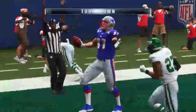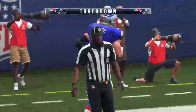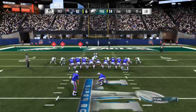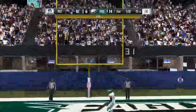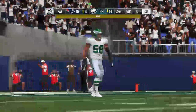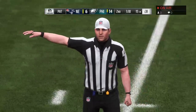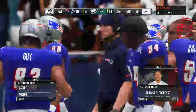And that's caught by Gronk for a Pats touchdown. Rob Gronkowski from 6 yards away. And the Patriots have cut it back within a score. Well, the lost sleep that the defensive coordinator had all week preparing for this game, a good portion of it was trying to prepare for him because he's absolutely a phenomenal player. And a lot of times around the goal line, they know it's going to hit. It's just so hard to stop. And that's where it really becomes difficult because you're exactly right. They know it's going to him, yet they